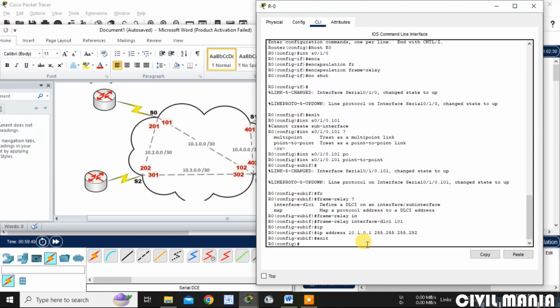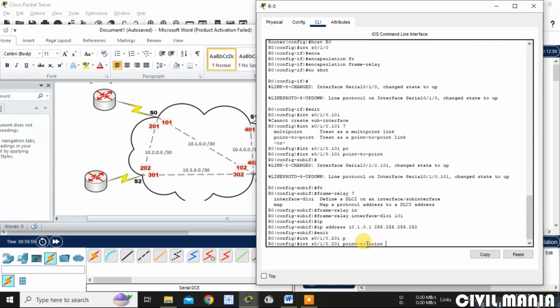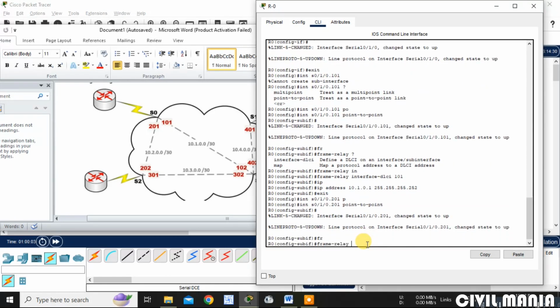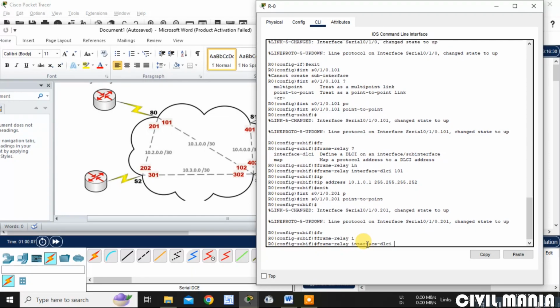Now let me provide the configuration because in router 0 there is another frame relay. Interface S0/1.201 point-to-point. After point-to-point, now frame relay interface DLCI is 201.